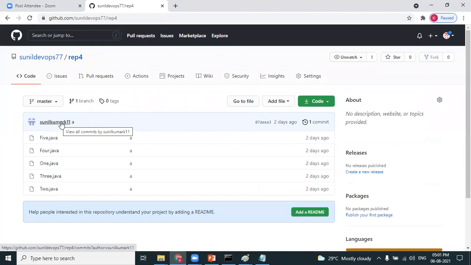These are the files uploaded by this particular user. This configuration I have done at my terminal in the local repository. In the same way, you can see the commits belonging to this particular file. Similarly, you will find multiple users and the corresponding commits.